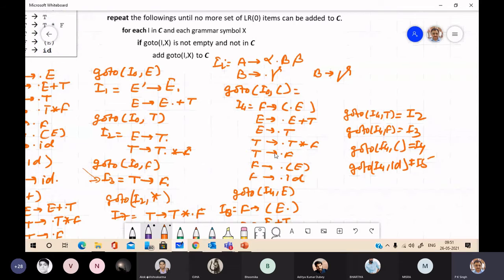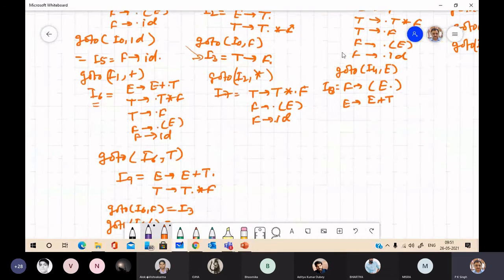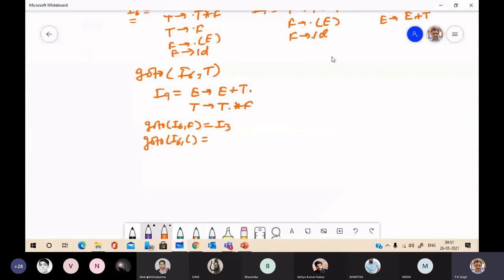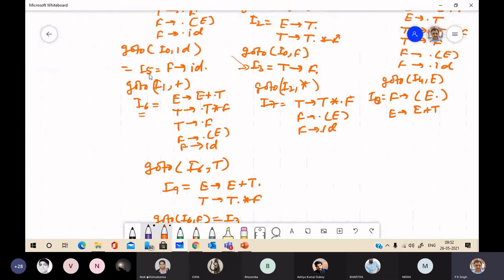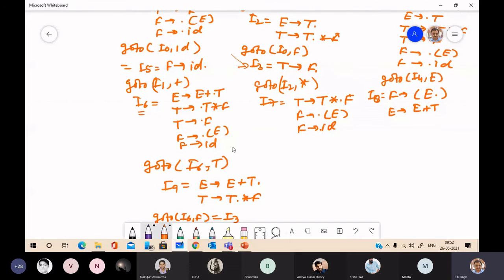This I4. And go to I6 ID will give ID I5. You can see it is F2 ID dot. I5 is F2 ID dot.